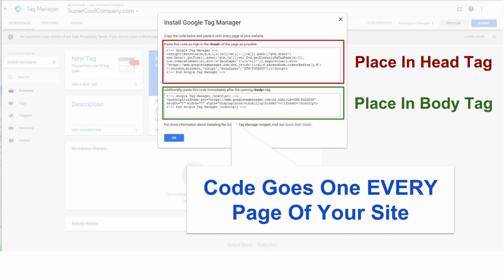Now, the good news is most page builders, especially with WordPress or the page builders like Leadpages, Builderall, ClickFunnels, give you a place inside of your settings to place these two codes. So you're not going to have to do any crazy HTML stuff unless you've done a custom site.